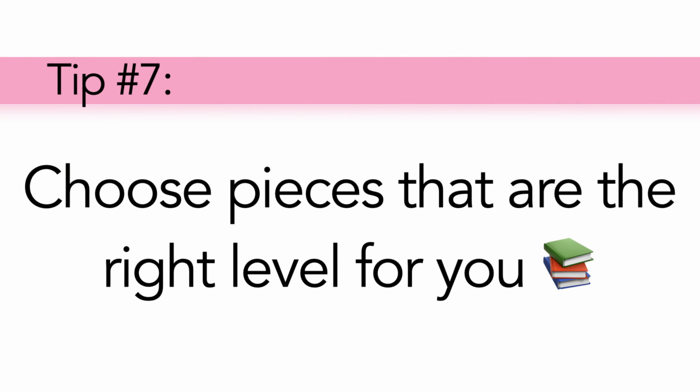Tip number 7, choose pieces that are the right level for you. It's so important to play music that is at your correct level. You do not want to be struggling just to decipher and learn the notes. You want to be able to reasonably learn those notes in a relatively short amount of time so that you can then focus on refining, improving, increasing the tempo, and working on your technical approach and musical